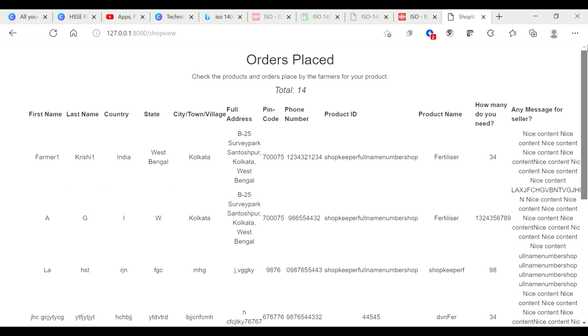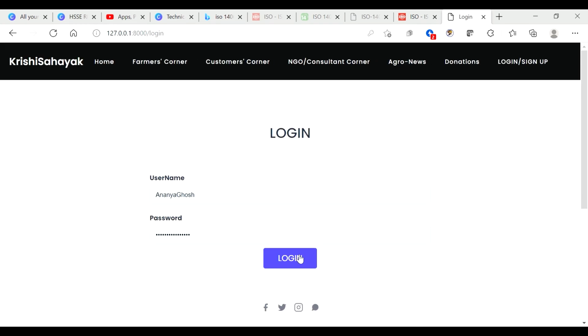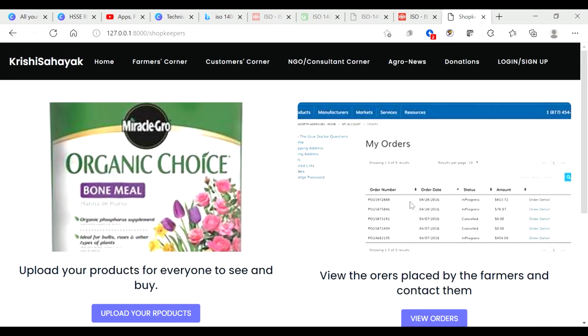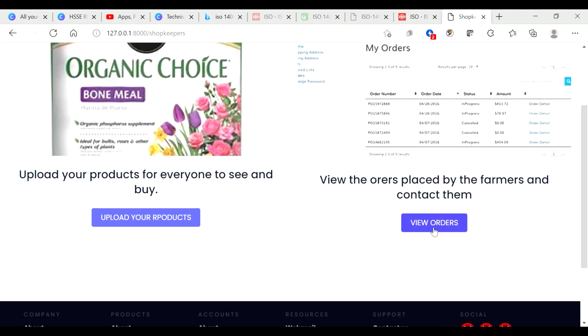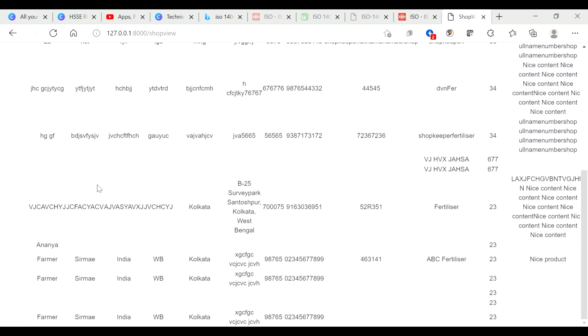So after the farmer clicks on buy, we come to the shop view path in the URL and we see this. So how do we come to the shop view? I'll just show you that. So I log in, I go to the shops and I view orders. So here all the orders that have been placed come.